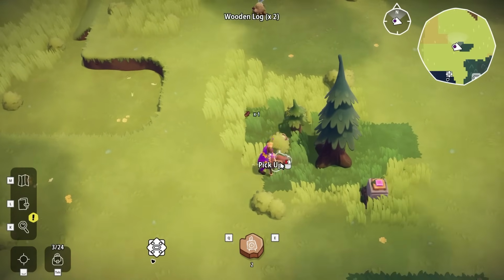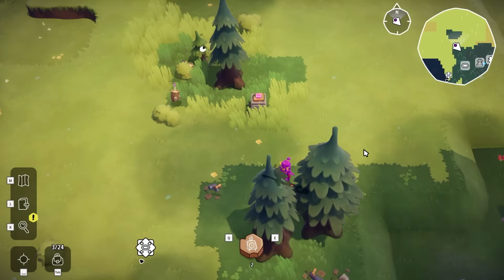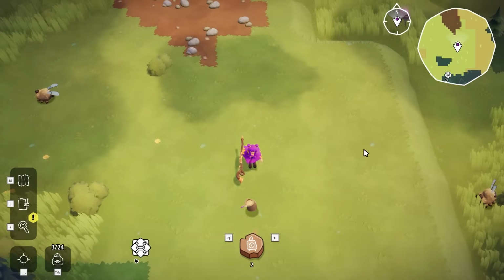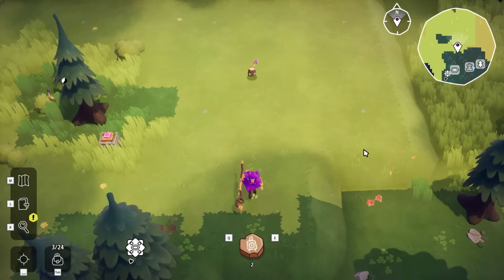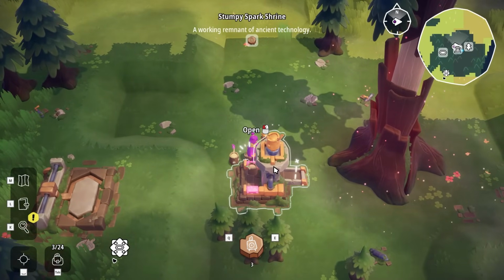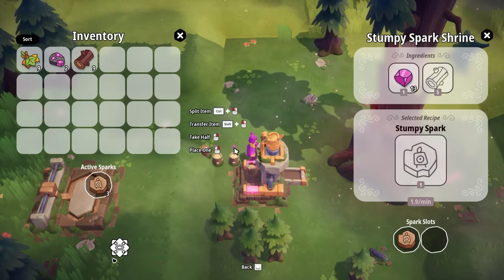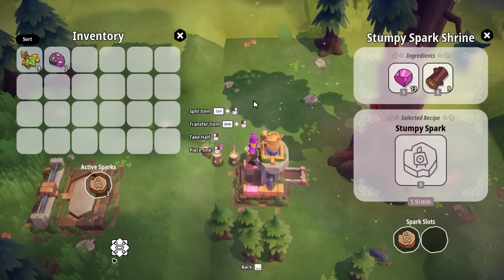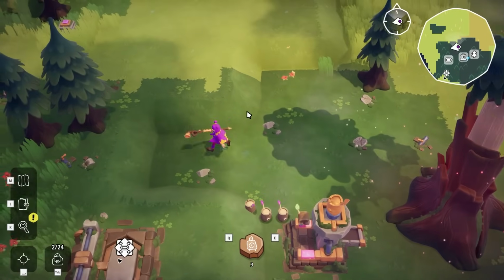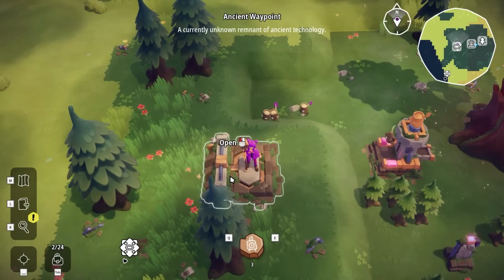They're too quick for me. I need to find a new place to get wood. I'm going to put some wood into the maker there. Oh, okay. We don't really have that much going on there. Okay. I'm guessing this is maybe where the...